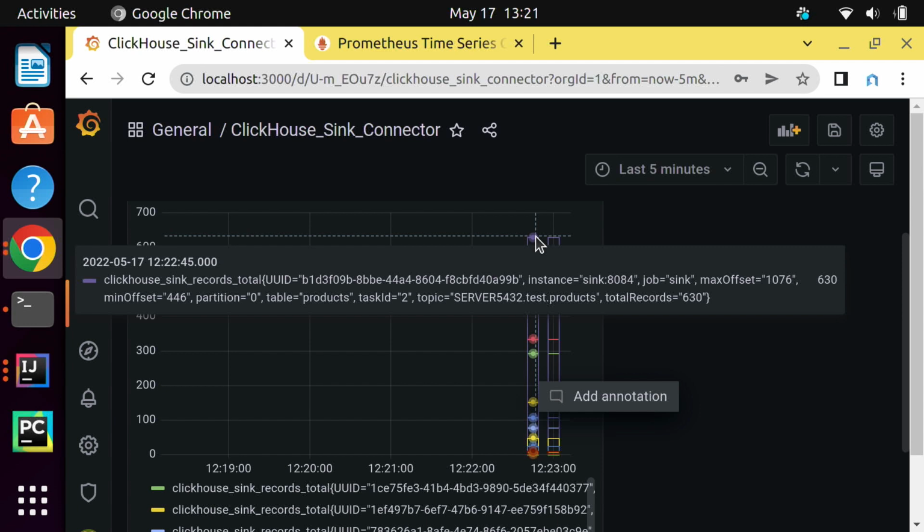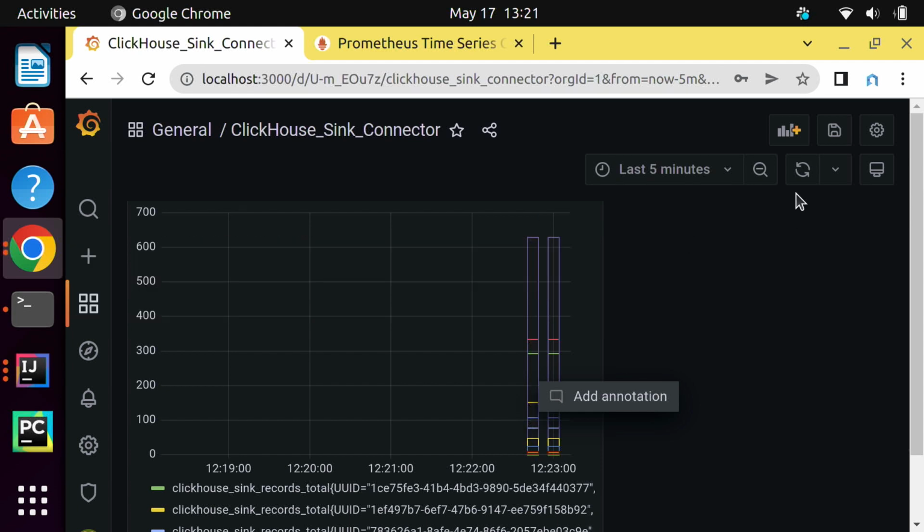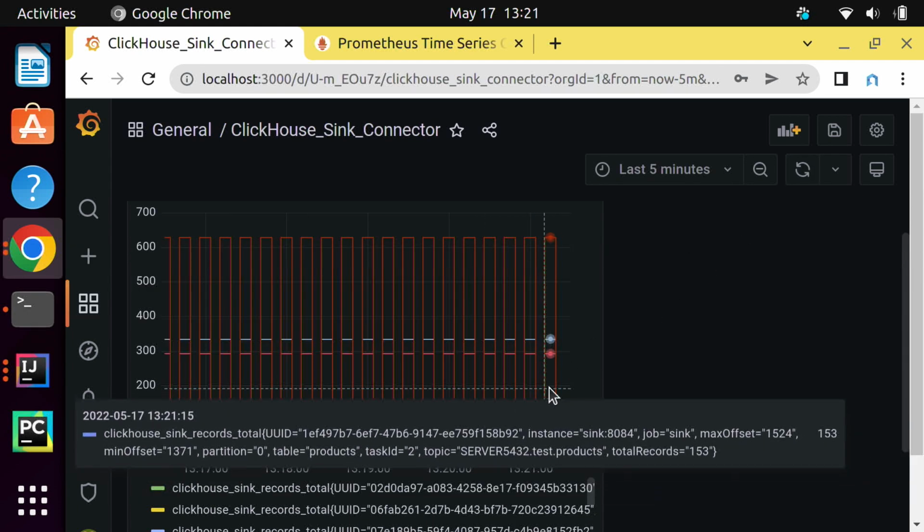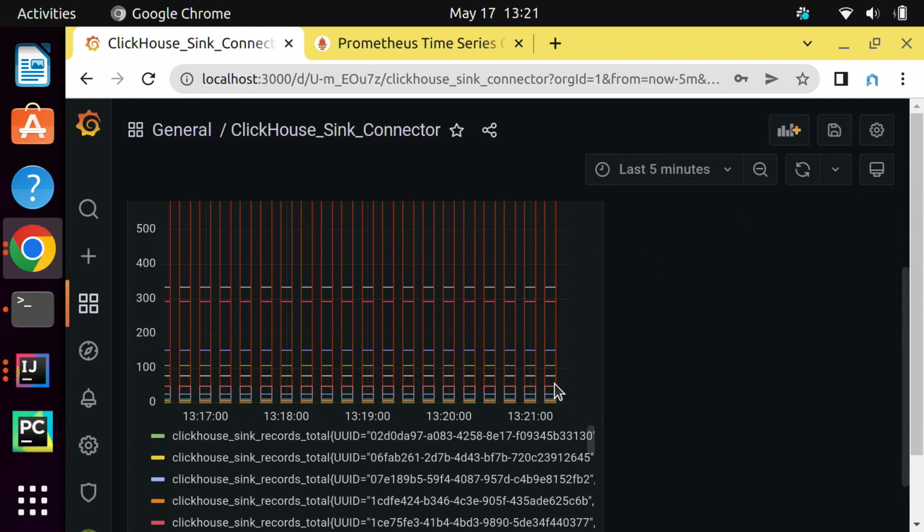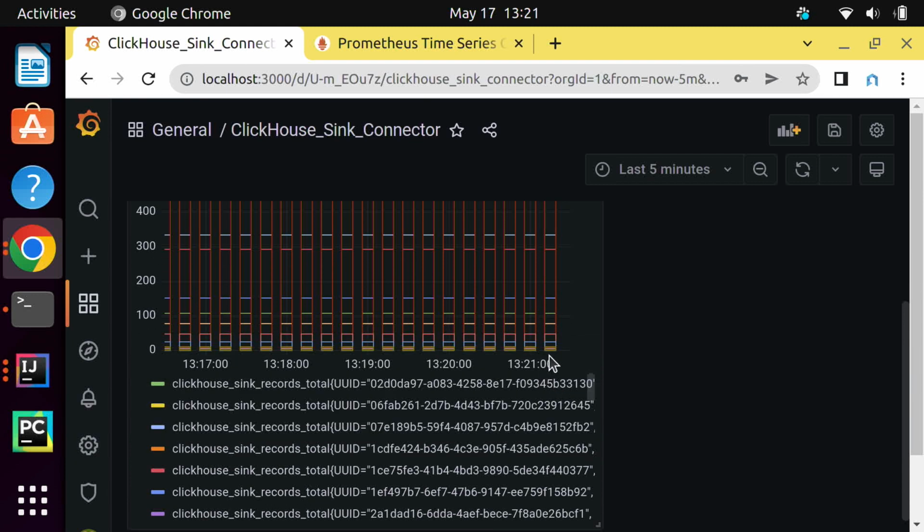You will see that one block could have records from different tables and topics and tables and partitions. So we try to capture that in this dashboard. So that's easier for troubleshooting. I still have to change the graph type. It doesn't look awesome, but